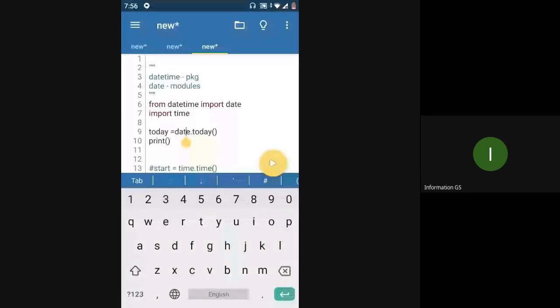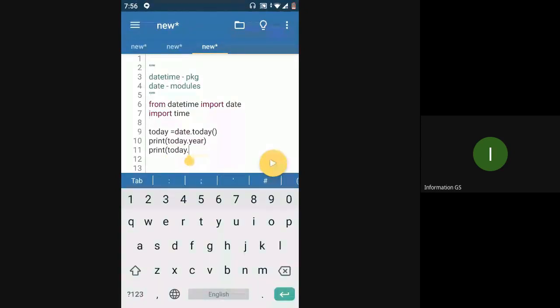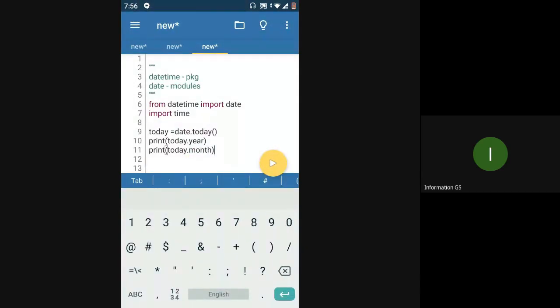So we were checking today's date, right? Using this date module present in the datetime package, we can get today's date using the today function. Once we have the date, we can get the different parameters of the day. For example, today.year will give you which year we are in, today dot month will give you the month we are in, and today dot day would be the day, a date basically.